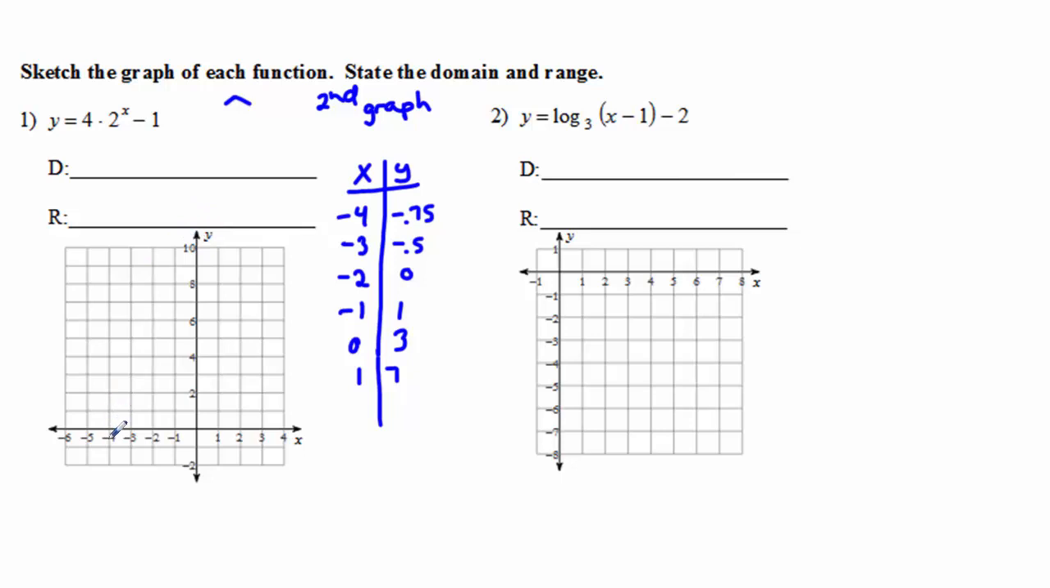-4, -0.75 is almost all the way to -1, but not quite. -3, -0.5 is halfway. -2, 0. -1, 1. 0, 3. 1, 7. And so what we have to remember on this is our exponential function, one direction goes up, and in this case to the right,